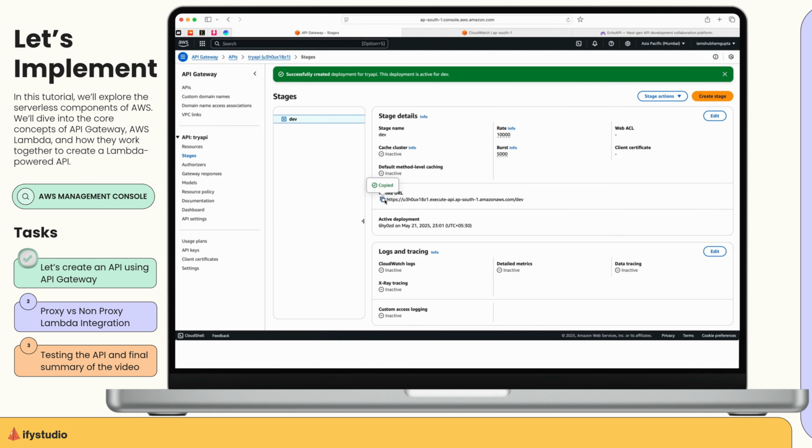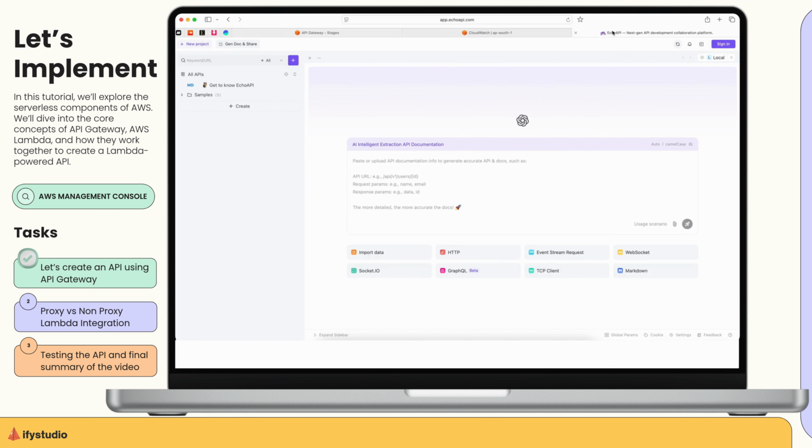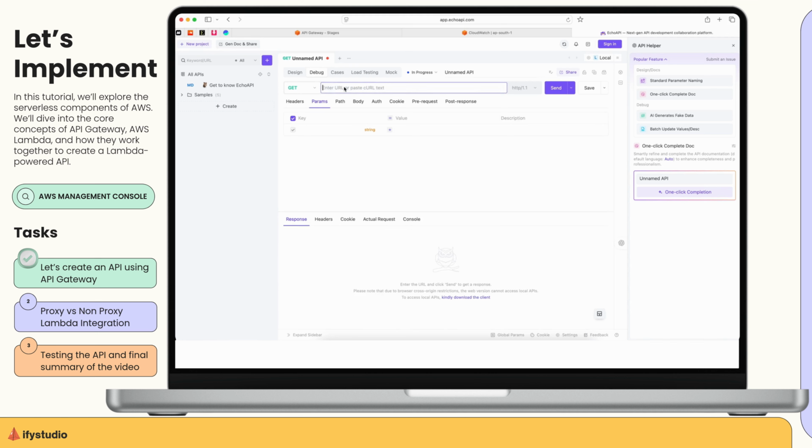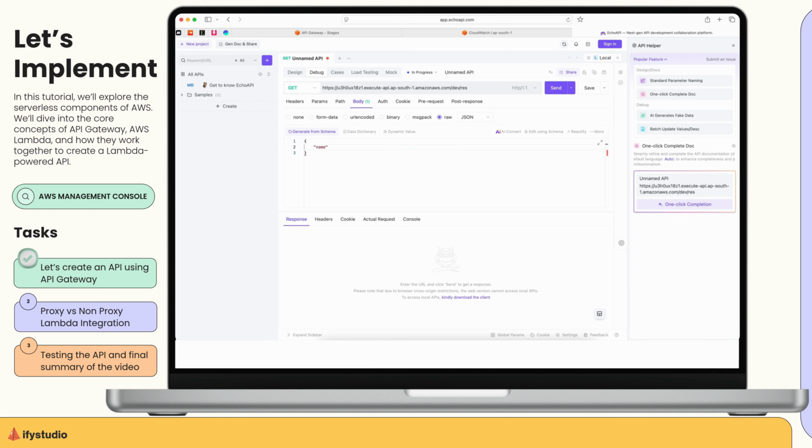Now it's time to test this API. So we'll copy this URL, go to the client that I mentioned earlier, Echo API. I'm going to use this, hit on HTTP request, and paste the URL, and slash. Always remember that we need to provide the name of the resource. Other than that, it will always give you an error. For example, our resource is res, and after that we have to provide query parameters. So go to body and go to raw, and then you had name, and we'll call it show,